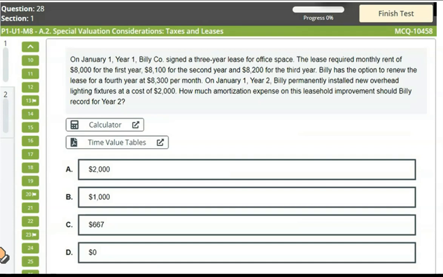Next, on January 1st, year 1, Billy Company signed a 3 years lease for office space. The lease required monthly rent of $8,000 for the first year, $8,100 for the second year, $8,200 for the third year. Billy has the option to renew the lease for the fourth year at $8,300 per month. On January 1st, year 2, after 1 year